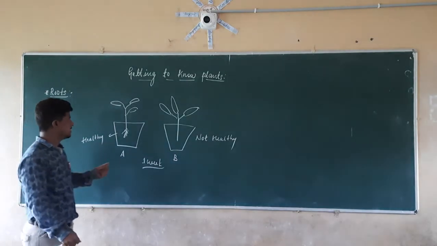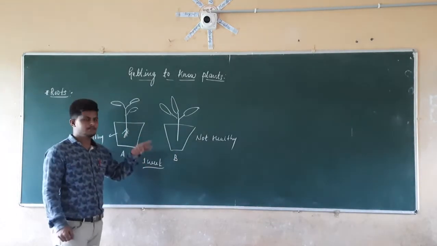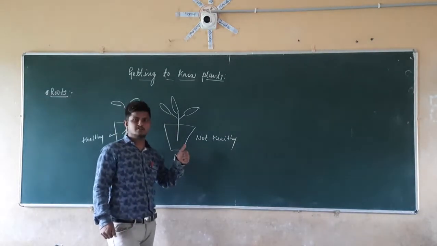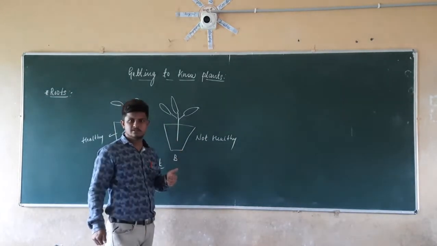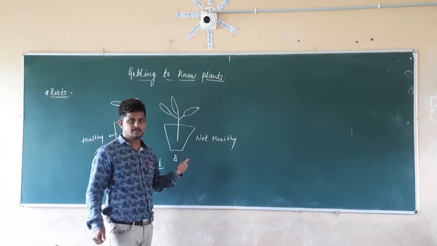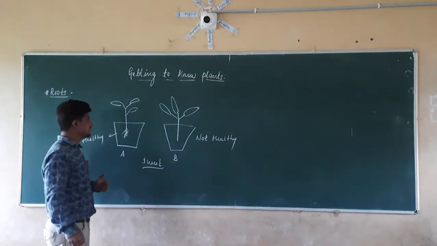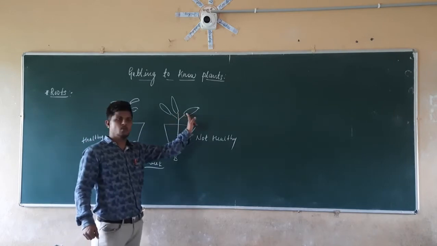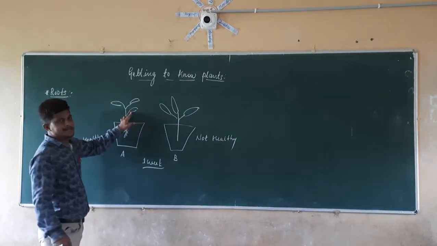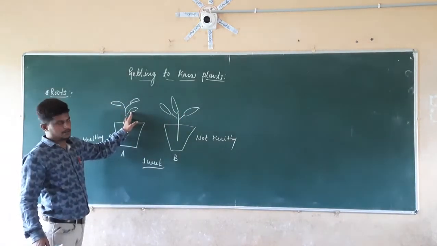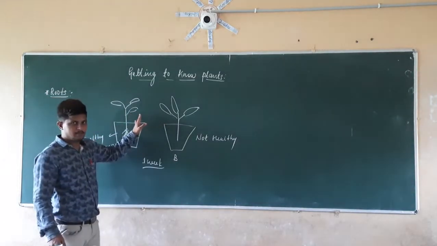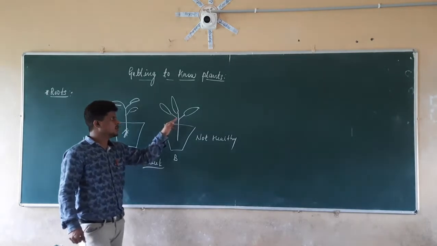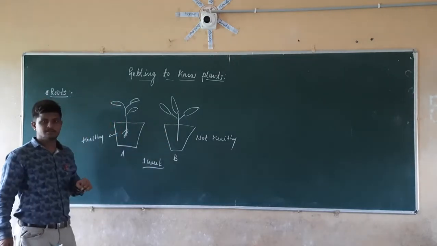See here, we know that leaves get the water from the stem, right? In the same manner, these leaves are also going to get the water from the stem only. So we already discussed those things. But what is happening? If it is not healthy, that means it is not getting the water, but the other is getting the water. But we are continuously supplying the water to both. So why is it not getting the water, but this one is getting the water?